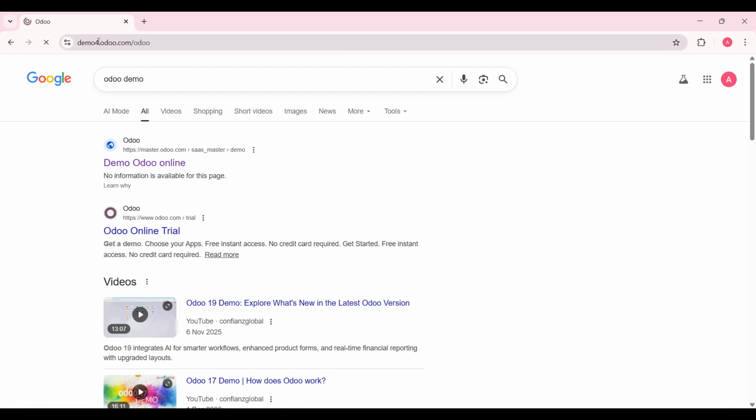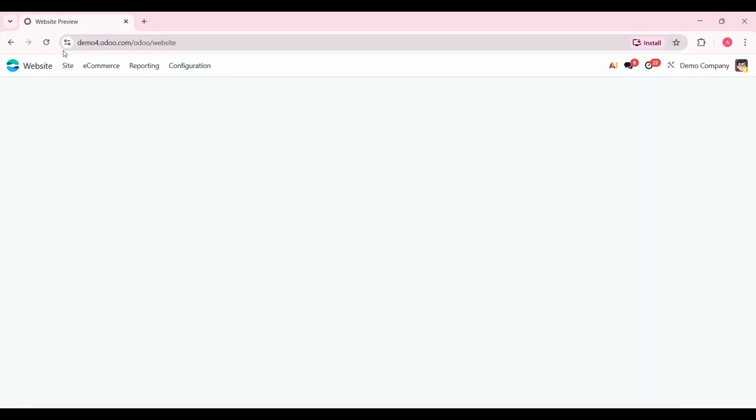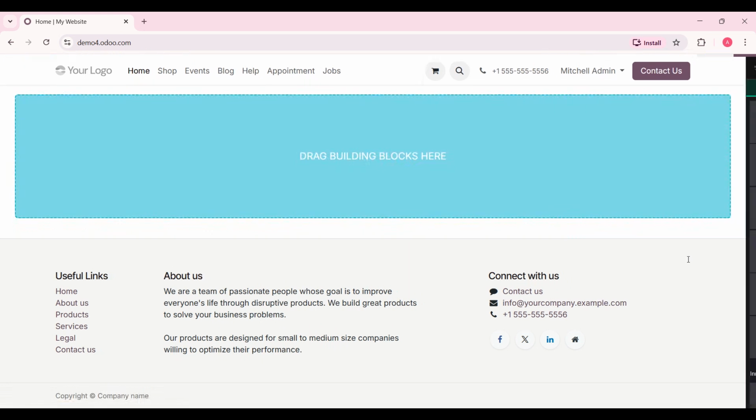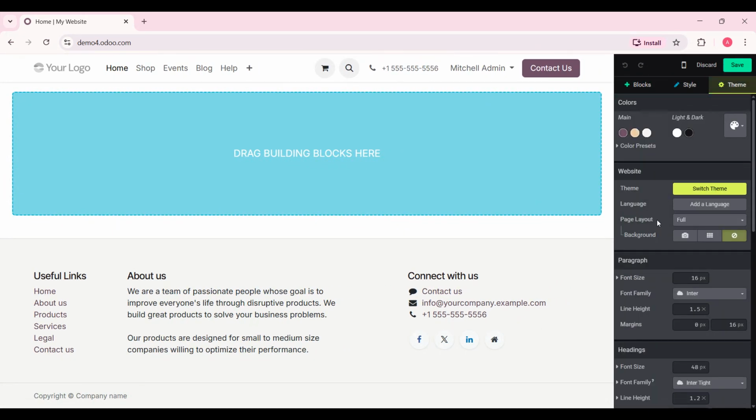After the site loads, look toward the top of the page and click on the Edit button. This switches the website into edit mode and allows you to customize the design and layout visually. Now that you're in edit mode, move your cursor to the right-hand side panel. Here, click on Theme. This is where Odoo allows you to control the appearance of your website, including fonts, colors,